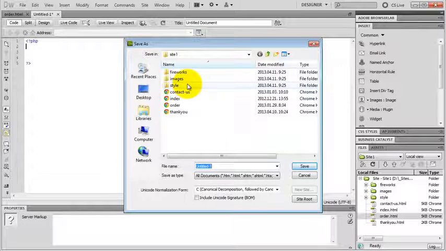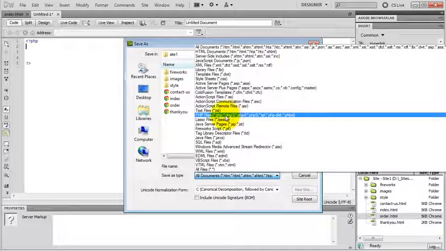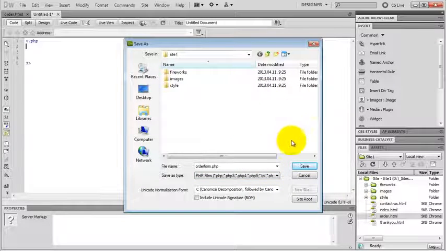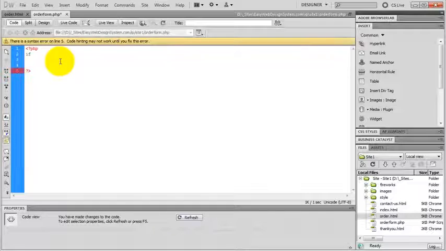I'm going to save it into my local site. I'm going to call it order form. And I select save as type, PHP files. Hit save, and here we go. You can see that our text turned red. That's what it should do because this is now a PHP file. So let's get going. If the submit button has been pressed, I type in if